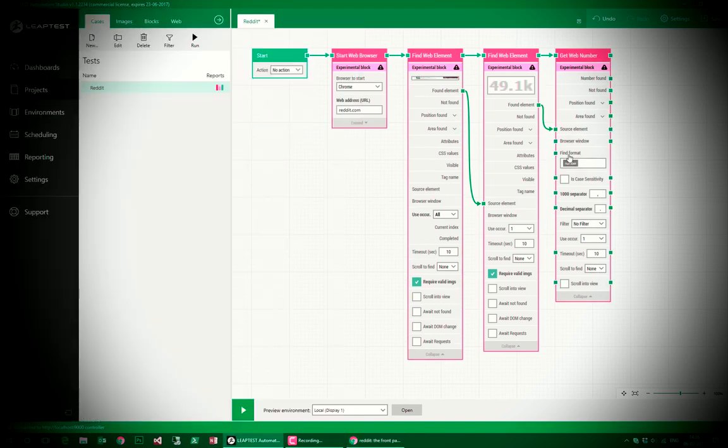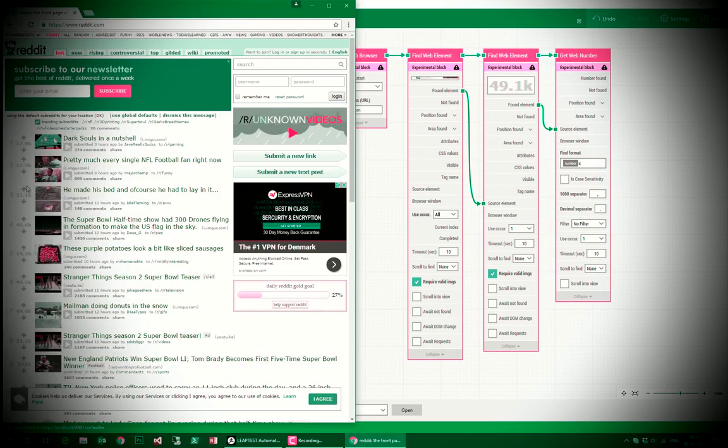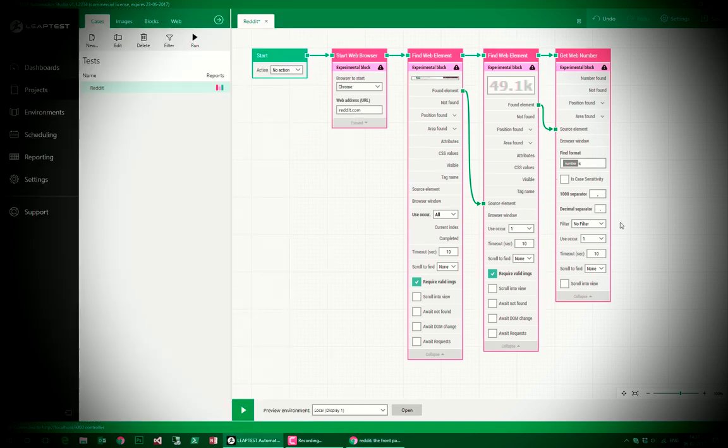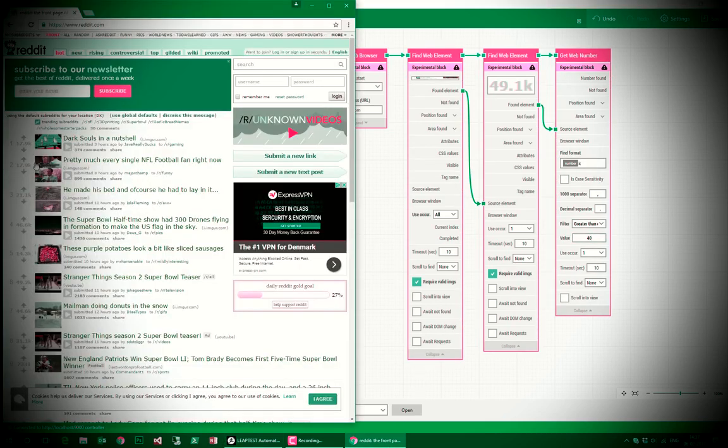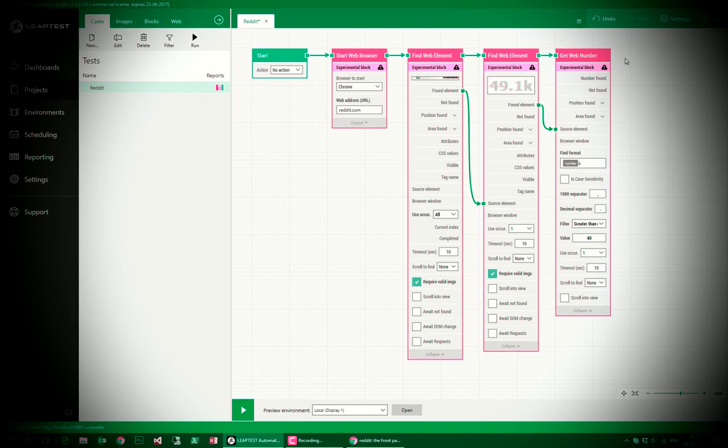So the first thing we'll do is we can use the find format and say we're only looking for ones that have a K after the number. So that's an easy way to find the ones that are above 10,000. And then the next thing is we want to have a filter for a value that's greater than 40. So that means on this page we would find this one and that one and that one and so on, only the ones above 40,000 votes. And the final thing in this case would be to